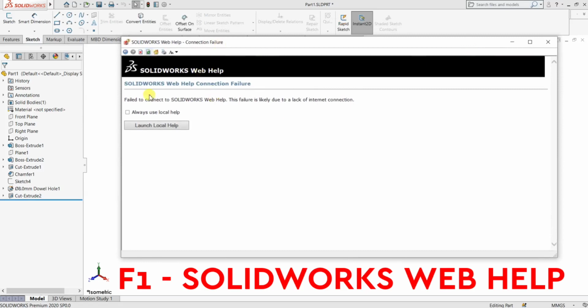This Web Help is directly connected to the SolidWorks Help Center. To access this help, we need an internet connection. If you have queries regarding SolidWorks, then press the F1 key from your keyboard, and after pressing the F1 key, you will be redirected to the SolidWorks Help Center. Okay, that's it. This is the F1 key.